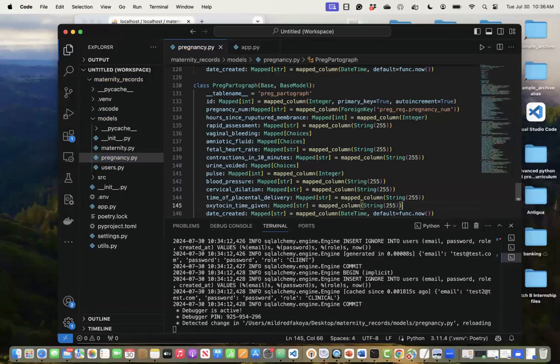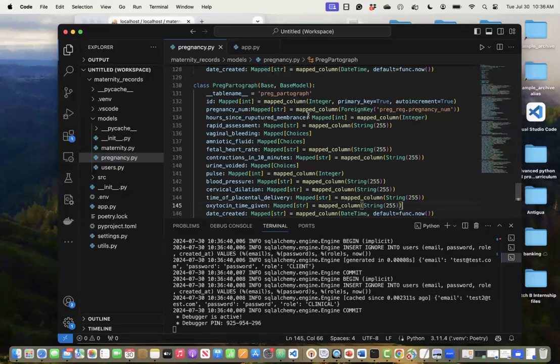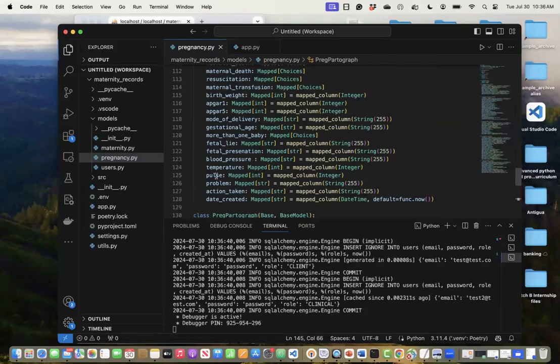Now, I did this illustration for you to see that two tables contain the same information, pulse